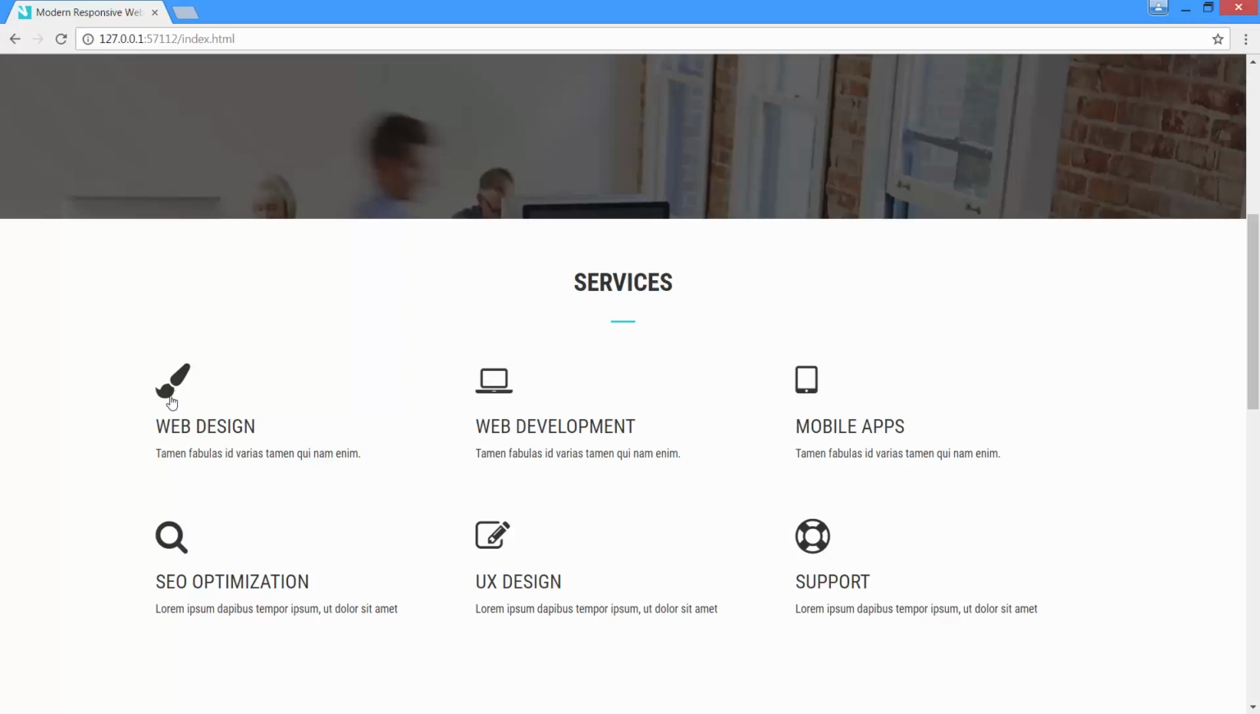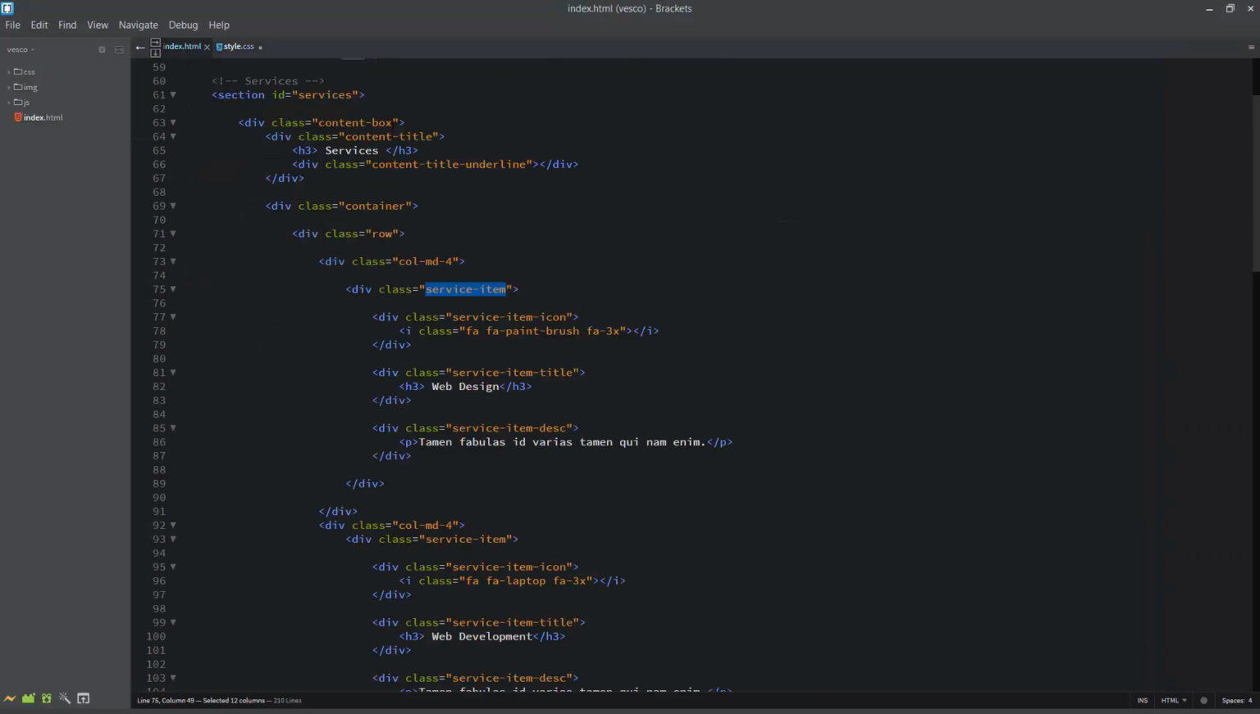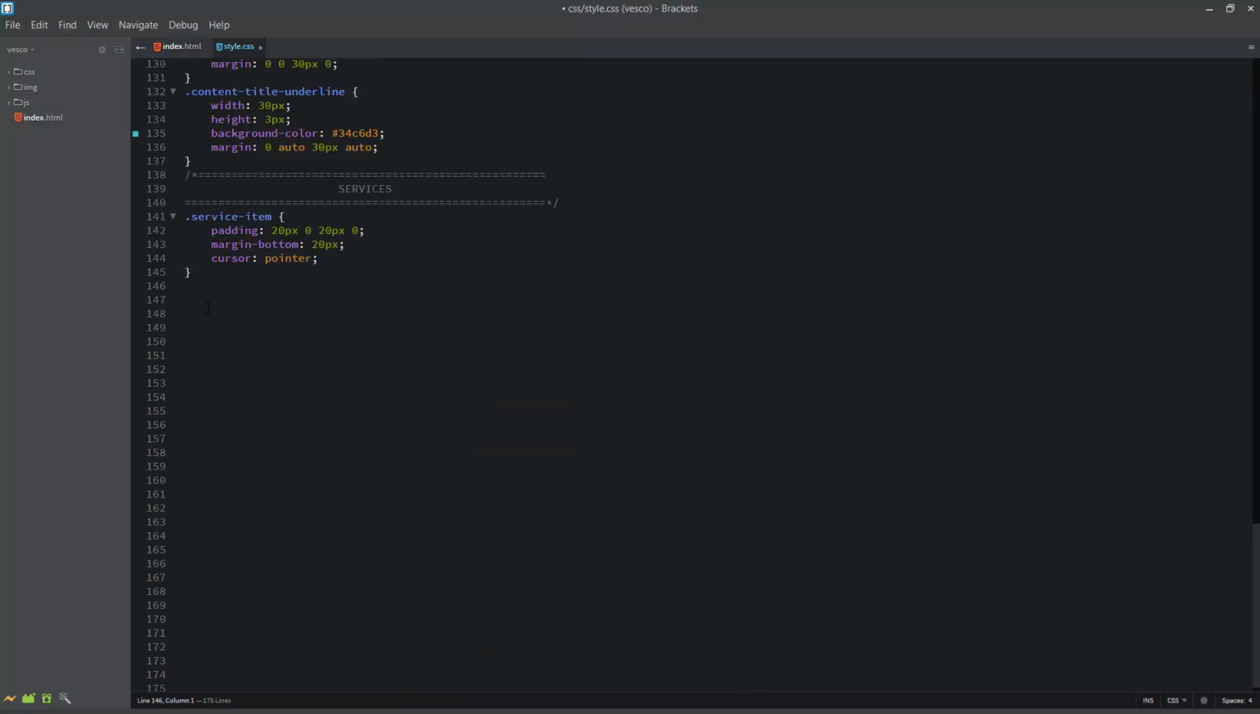Next, we have an icon for each service item, and now we'll start adding CSS for icons. If you look at the HTML markup for icon, we have a div and the class value for this div is service-item-icon. And inside this div we have the I element. Let's add some CSS rules to this I element. I'll write dot and after that I'll write service-item-icon, and inside this div we have the I element, and inside these curly braces we will write the CSS